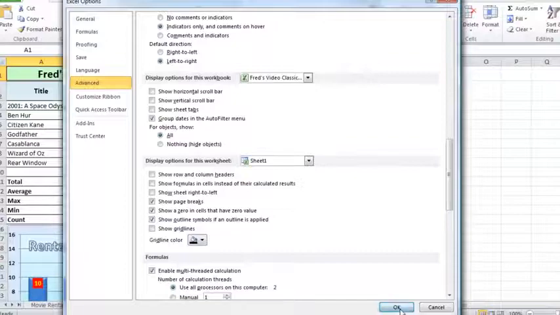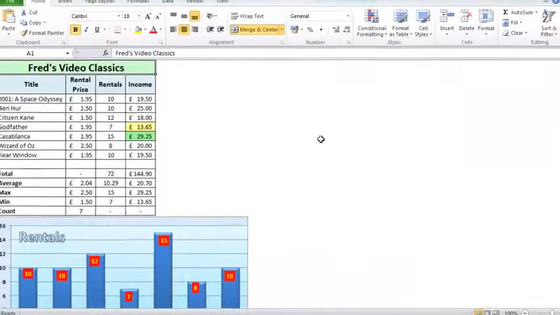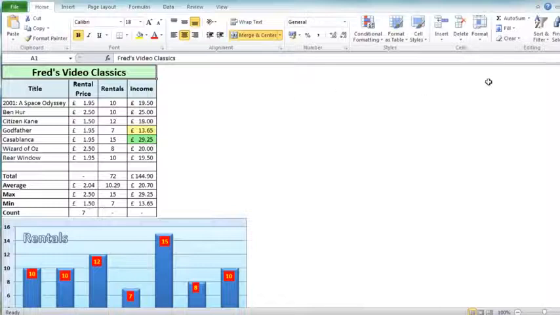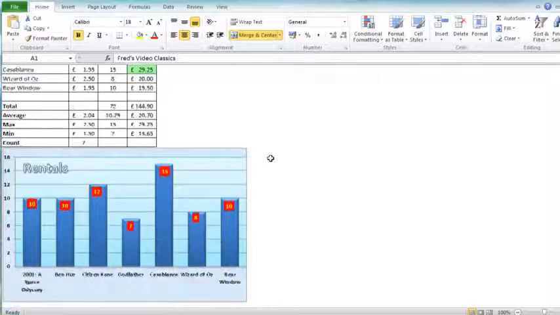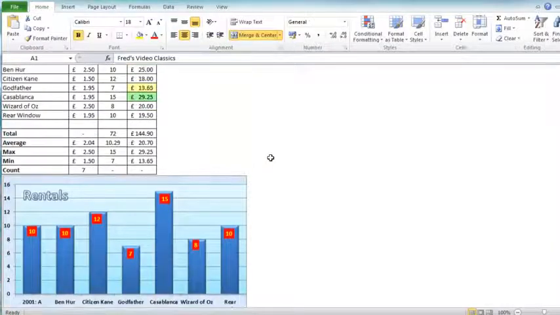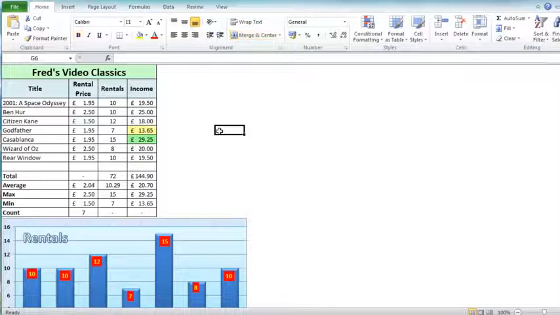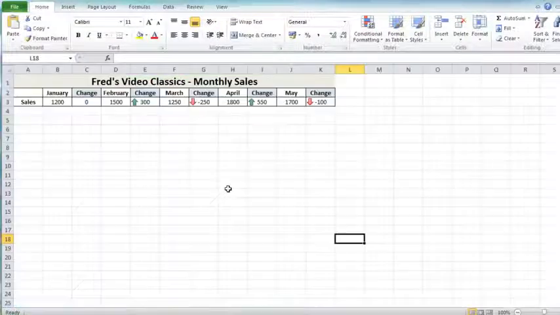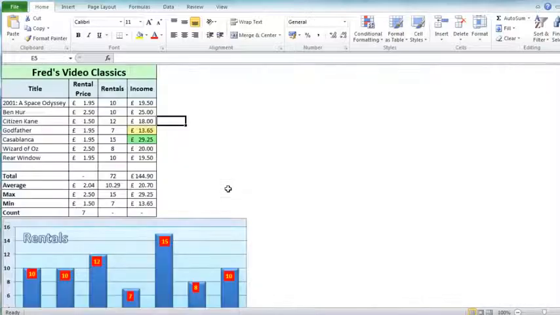So if I click OK now, you'll see the result. Pretty much everything has vanished from the worksheet. The only way I can scroll now is to use the scroll wheel on my mouse. I've got no scroll bars. I can still click in cells and navigate around using the keyboard, and obviously scroll up and down using the keyboard as well. But I can't switch to another worksheet unless I know the keyboard shortcut, which would be Control Page Down or Control Page Up. So as long as the person using your spreadsheet doesn't know that, then they won't be able to move off